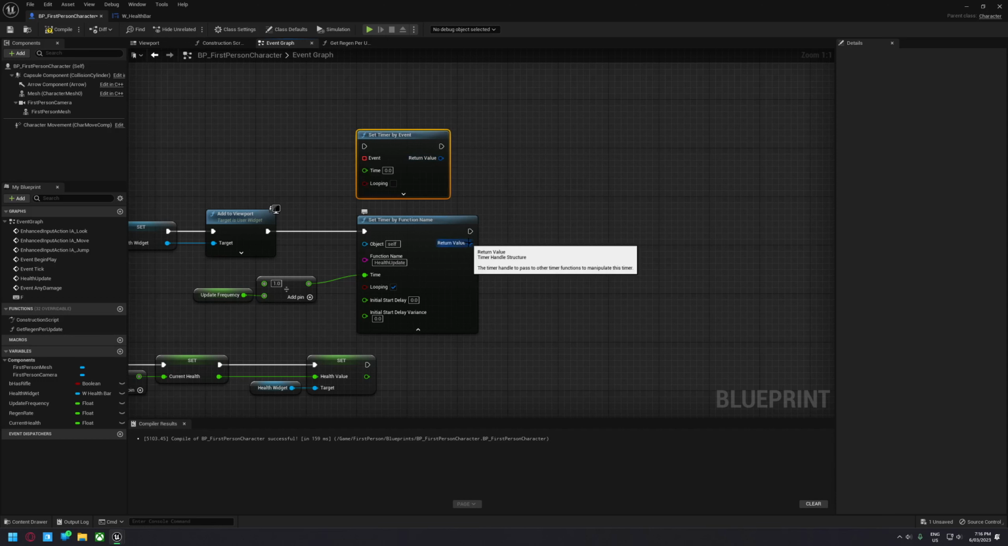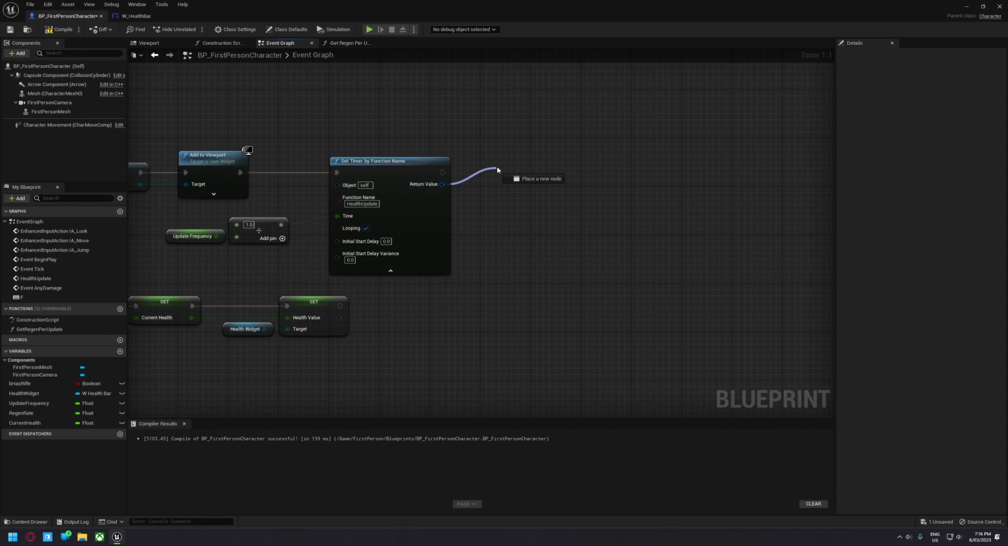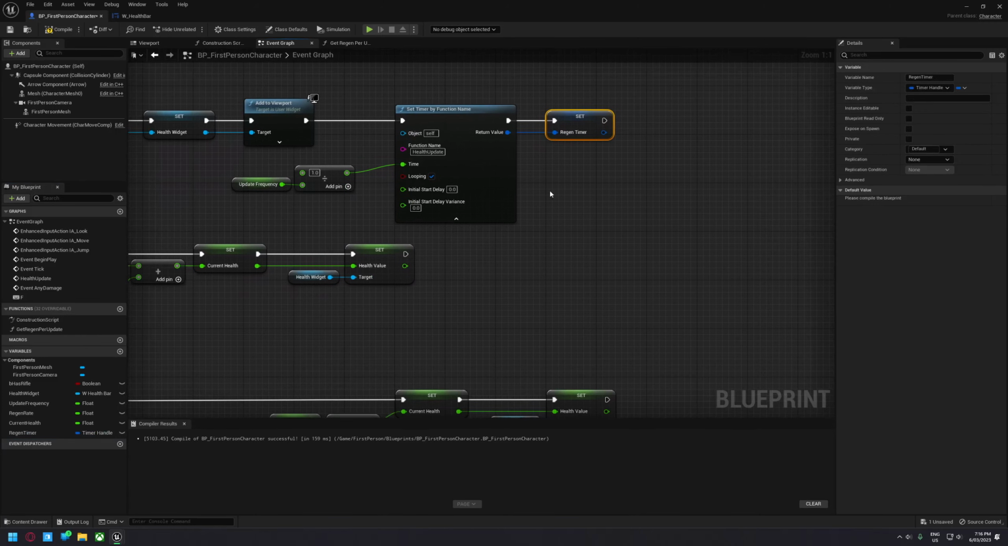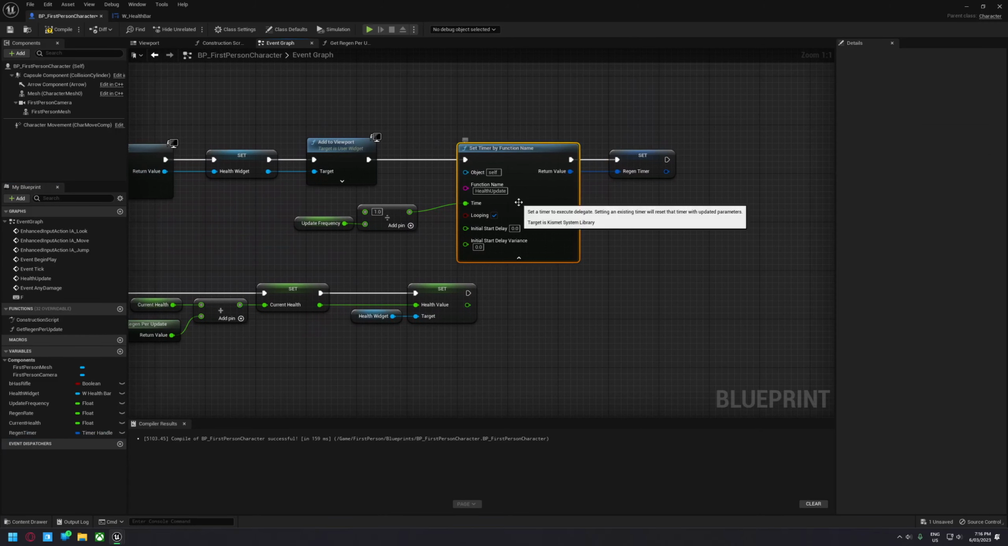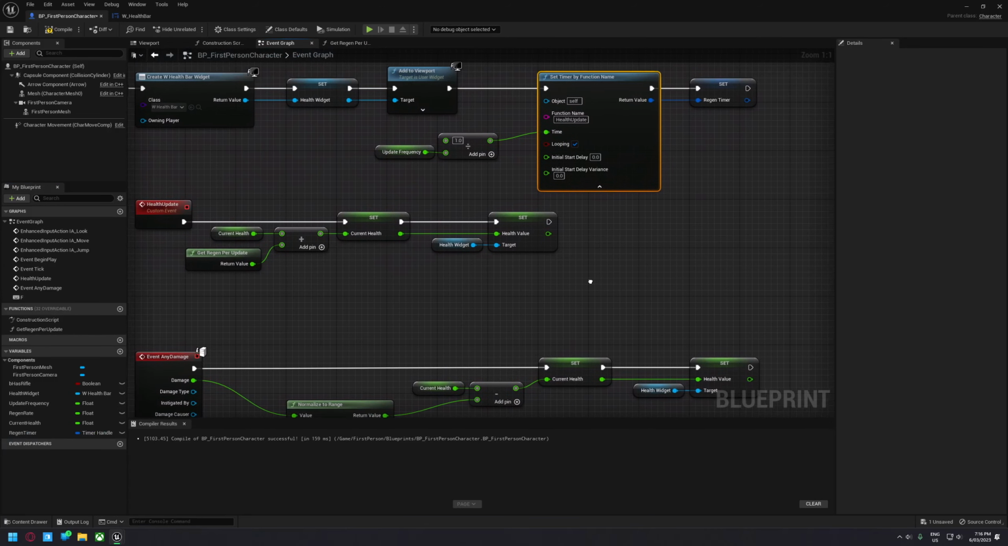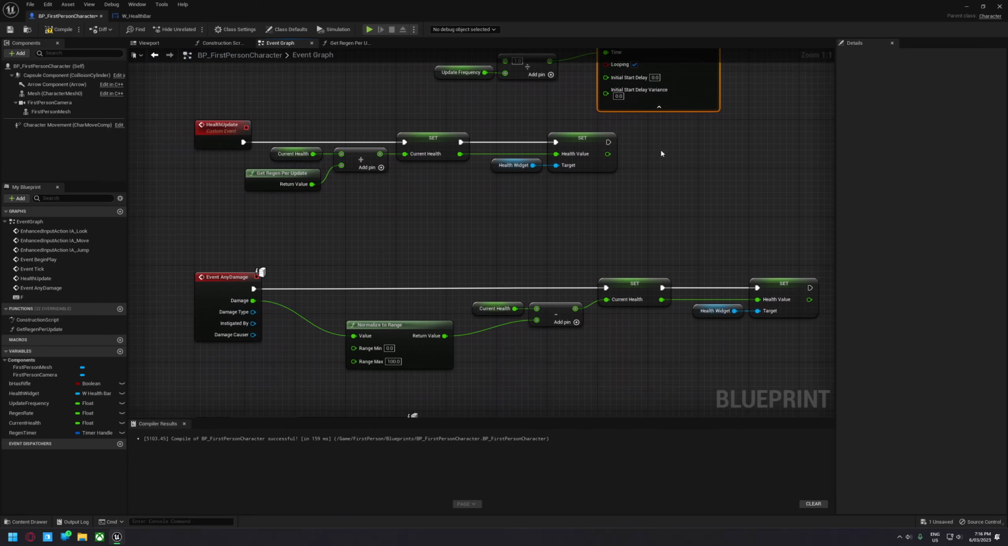And if you hover over it, it's called a timer handle structure. So what we can do with this is we can save this as a variable and just call this regen timer. Call it whatever we want. This allows us to refer back to this timer at a later date. So what we can do is we can actually set it up so that the health regen will stop when